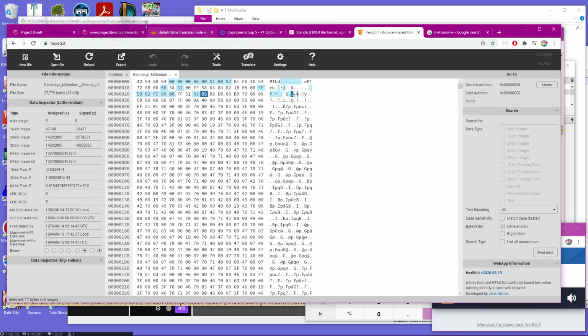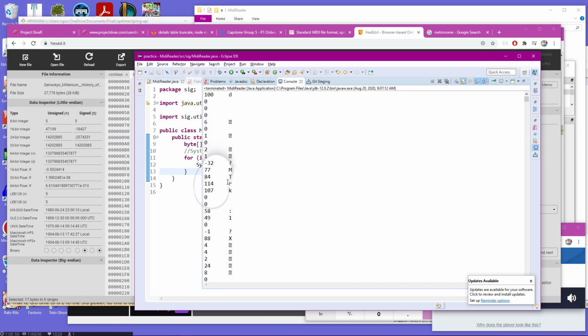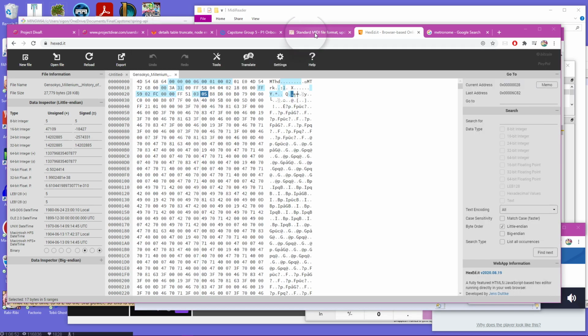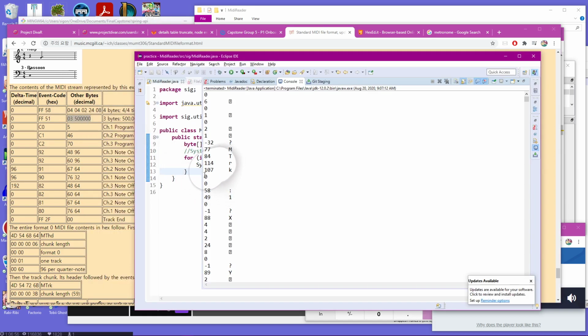So I think that's going to be our first real big piece of data we're going to need, because we need the tempo to know how fast we need to hit the notes, right? So, in terms of all the rest of the bits, we can kind of skip them a little bit, at least down to where we need to go. So navigating this is going to be a little complicated, but basically we know once we hit the track data, the first set here,